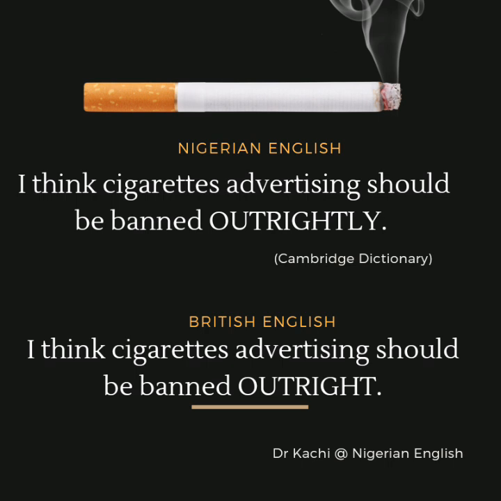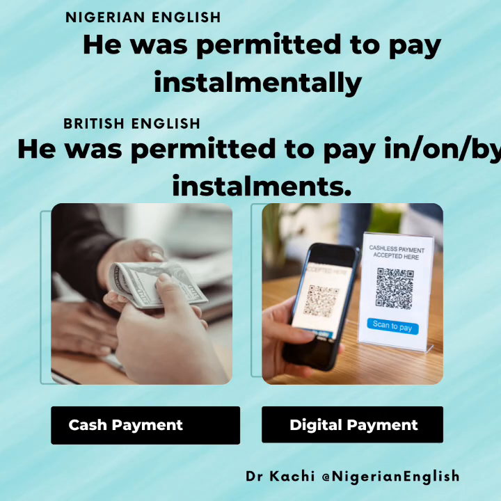Okay, there are other ones here. Another one that Nigerians attach -ly to is installment. Nigerians would say installmently. So you would have something like, "He was permitted to pay installmently." I have seen this on very many sites. I just googled around and saw it on many Nigerian websites. Time may not permit me to show you, but if you do a quick search, you will see a lot of them there.